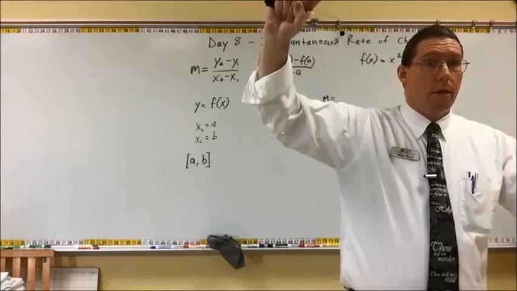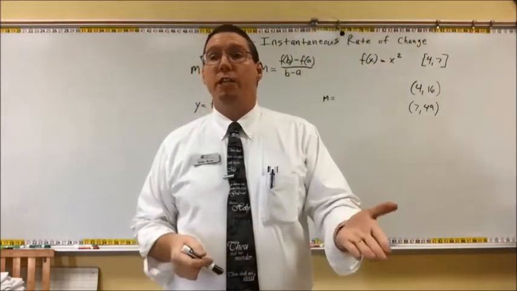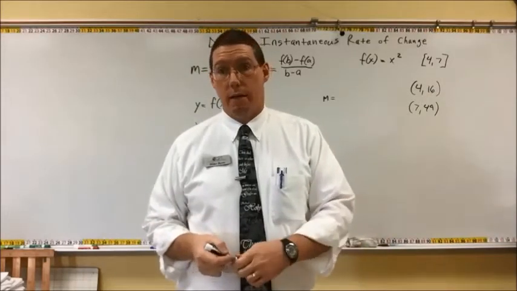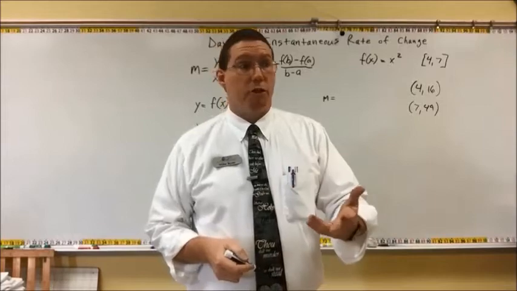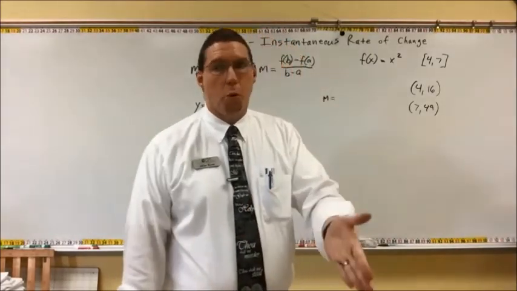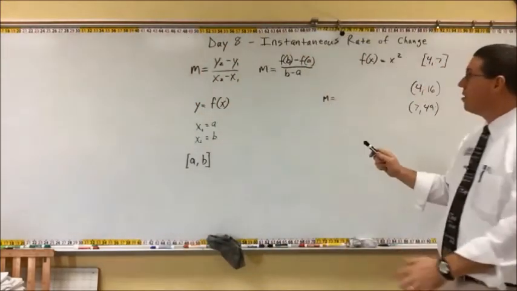What do we call the slope of this secant line? It's the average rate of change. So the average rate of change of a function is the slope of a secant line. And that is the average rate of change. Now, what I'm about to move you toward is we are going to understand all of this same stuff, but